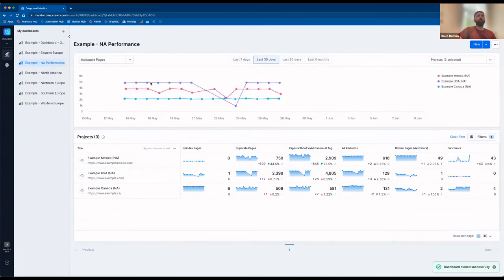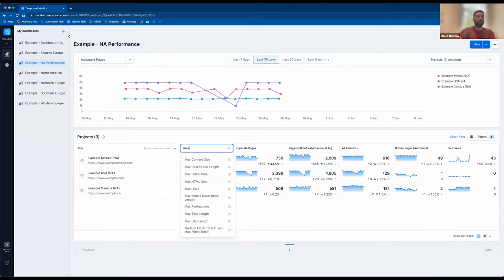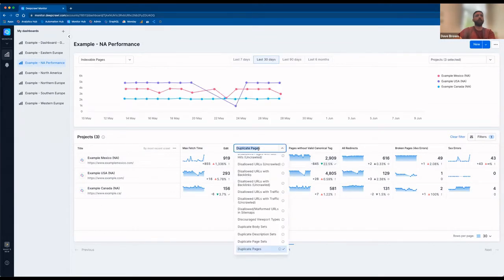It creates another dashboard for me immediately. And then I can go, I'm not going to do this, but I can say like max fetch time. I can say